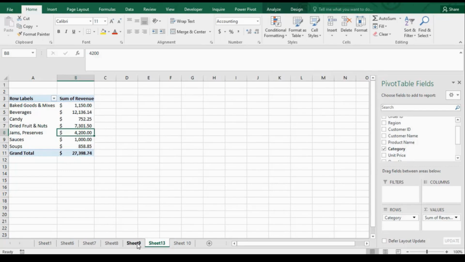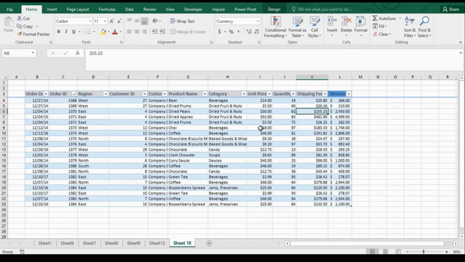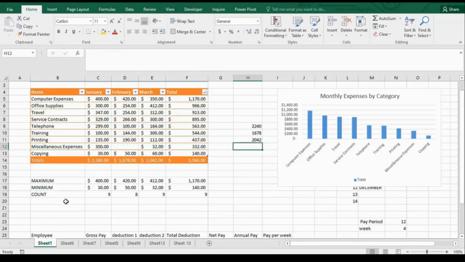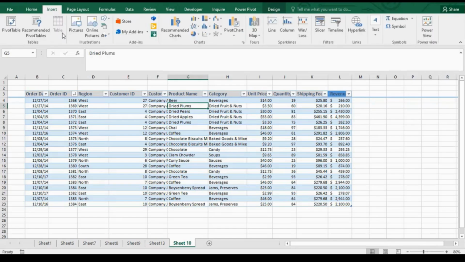For more on pivot tables, we're going to look at that in a later video. But let's go back to our tables. Another thing that is good to note for tables is how they work seamlessly with charts. In one of our earlier videos, we had worked with charts, but let's look at a few examples here. On the Insert tab, if you come to your charts here,